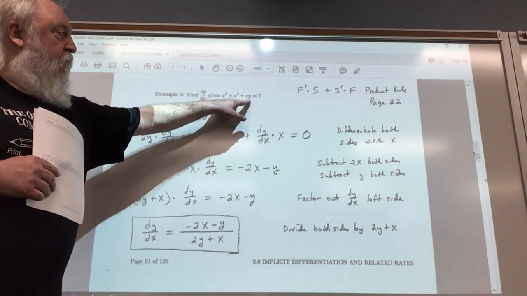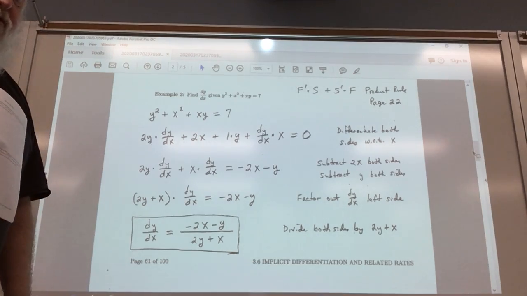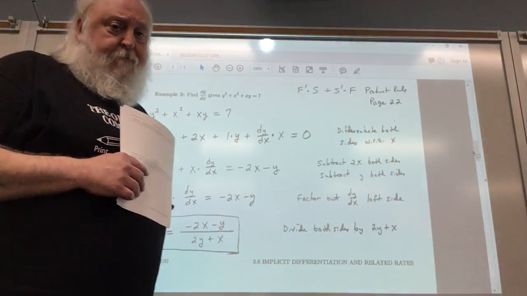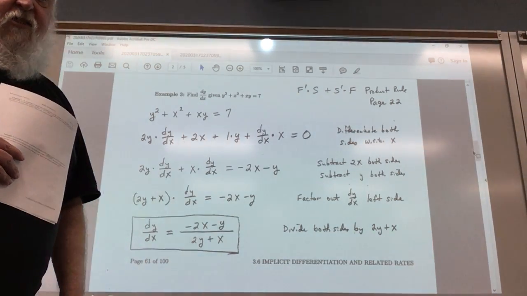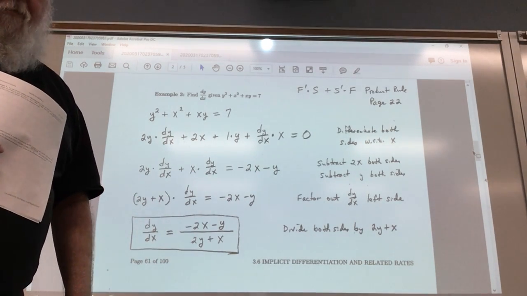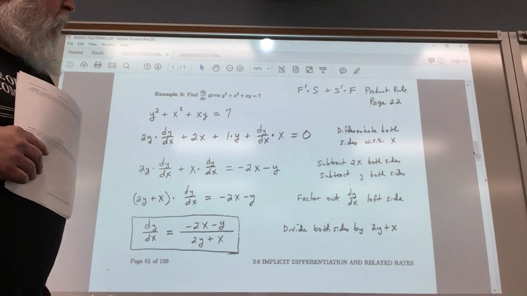And so when we differentiate that product, we're going to have to use the product rule from the rules of differentiation back on page 22 in your note packet. Okay? Implicit differentiation gives you a good opportunity to review some of those basic rules of differentiation. And so remember